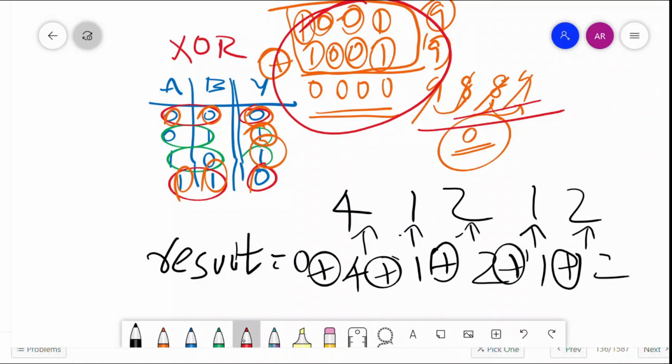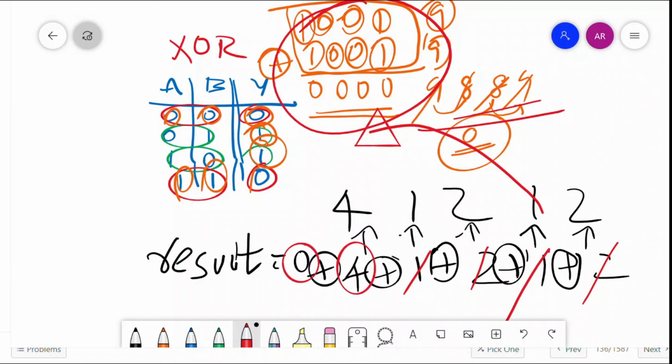So what will happen is that the 1 and 1 cancel out, and the 2 and 2 cancel out in a similar fashion. What remains is 0 XOR 4, which will be 4, and the number that is present only once will be in the result.